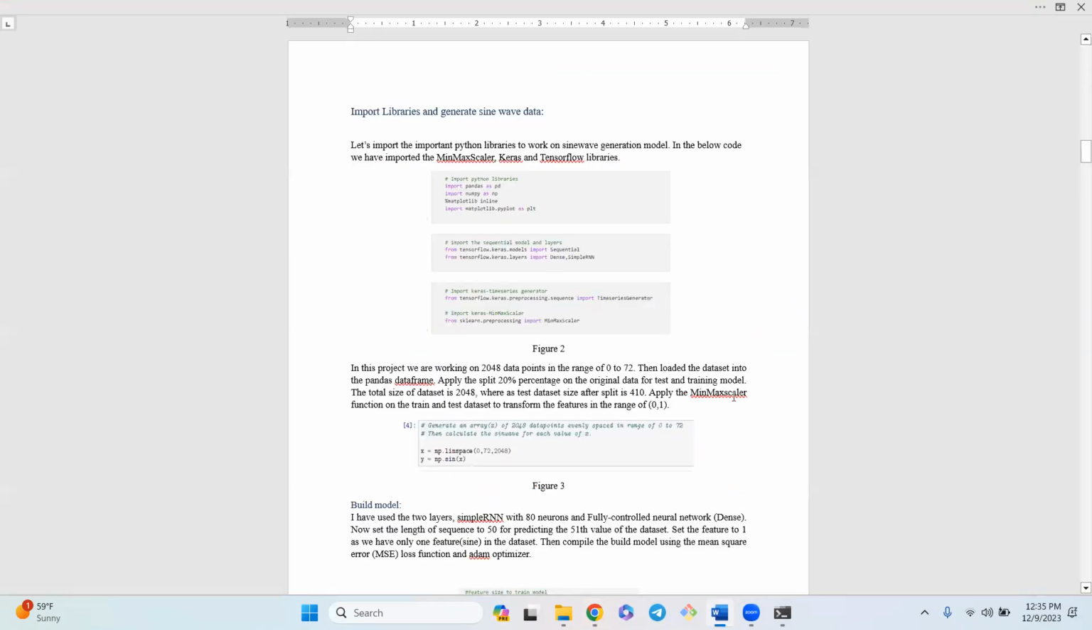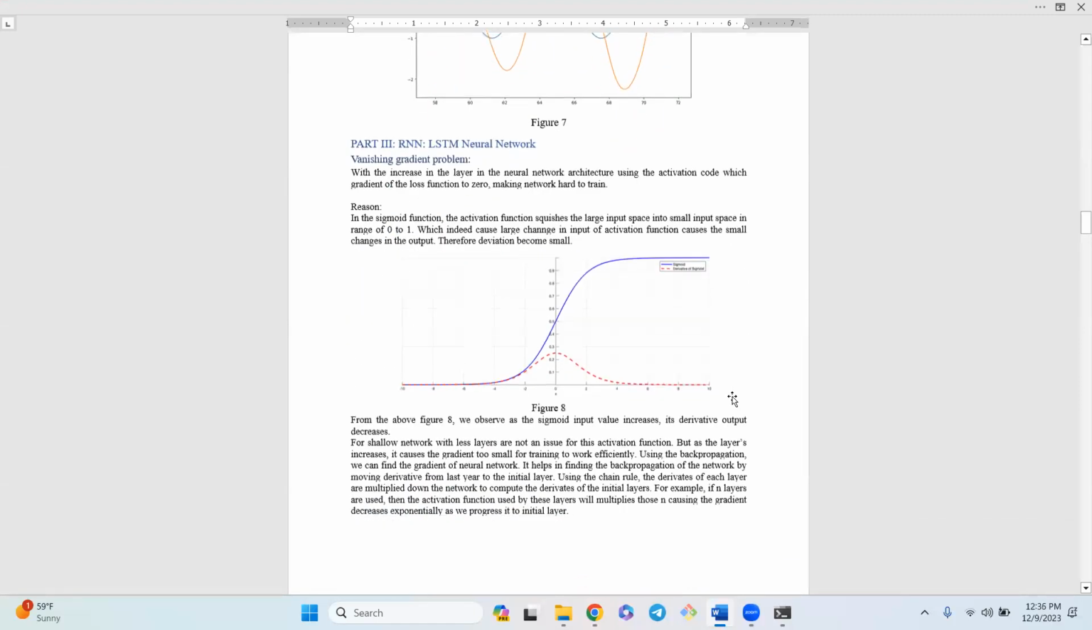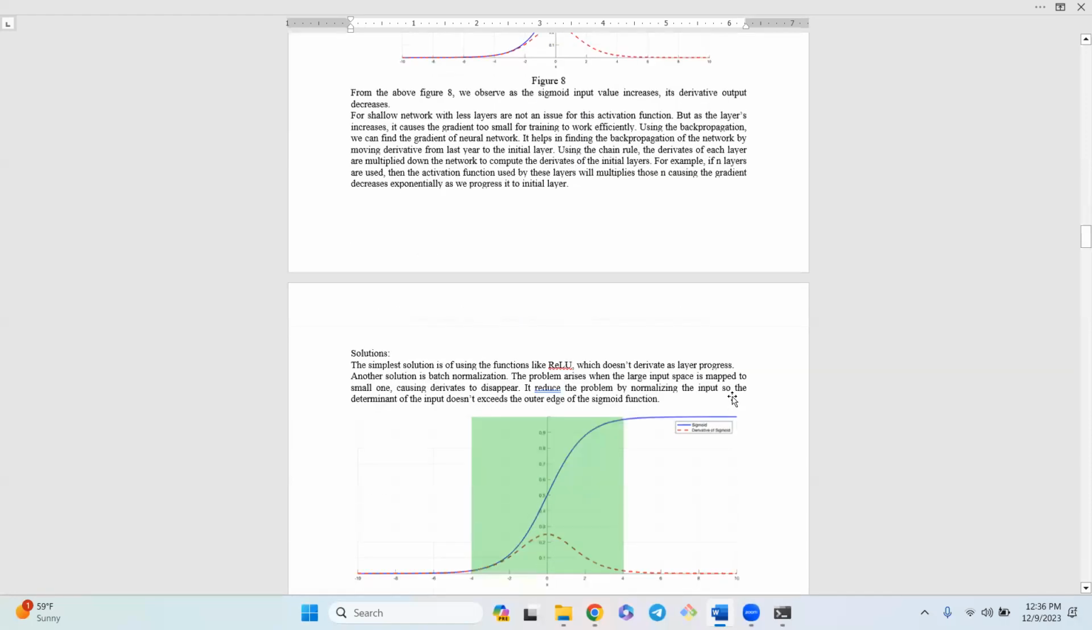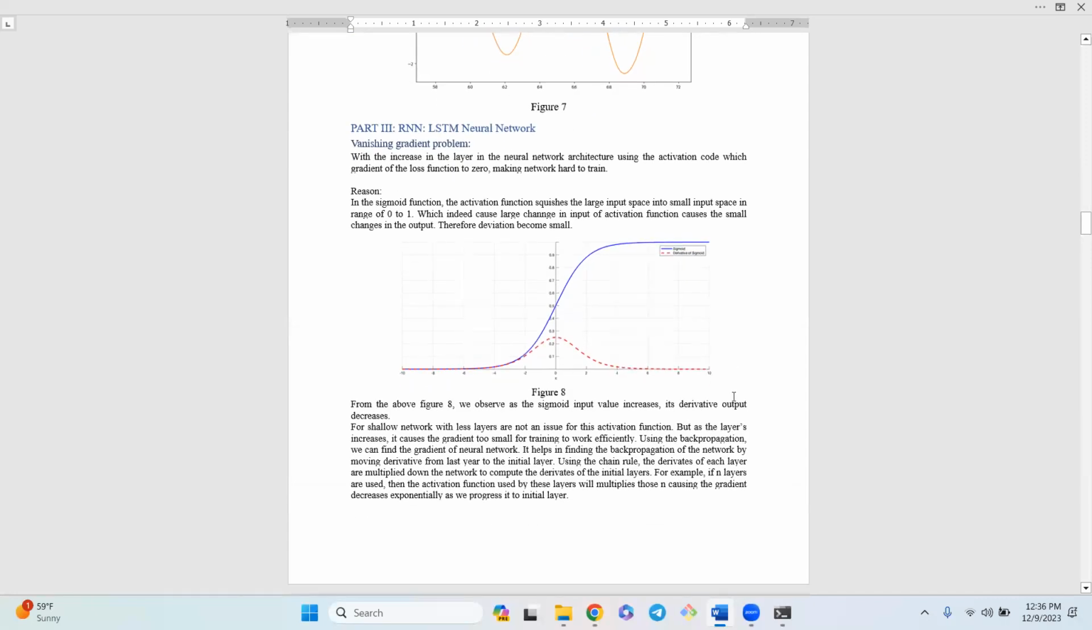So let's explore the next part in our project, which is understanding what a vanishing gradient problem is and what an exploding gradient problem is. So let's understand what the vanishing gradient problem is. When we are increasing the number of layers in the neural network architecture, this activation, represented like the sigmoid type, will push the loss function to zero,